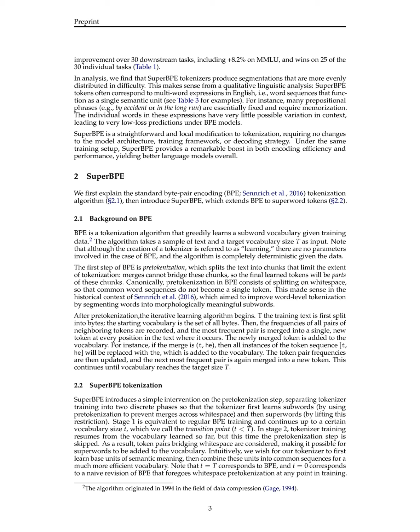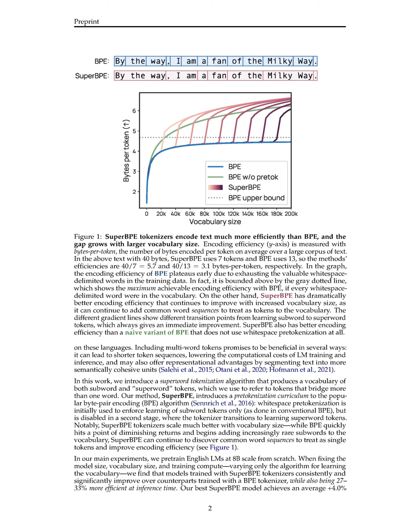Once the transition point is reached, the second stage begins, where the pre-tokenization step is skipped. Consequently, the algorithm can merge the tokens "by" and "accident" into a new superword token "by accident," allowing the tokenizer to treat this multi-word expression as a single semantic unit. This two-stage process enhances encoding efficiency by enabling the discovery of common word sequences while still establishing a foundational vocabulary